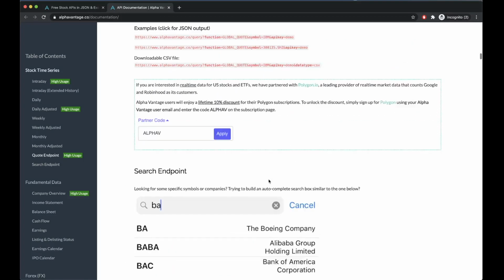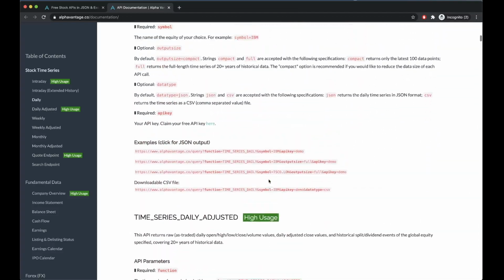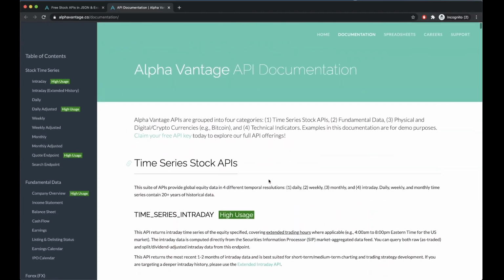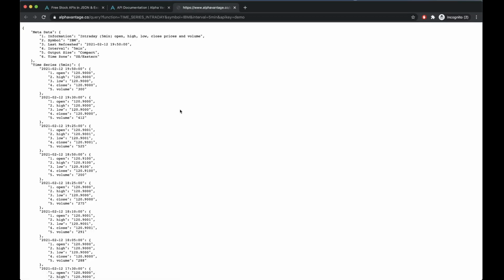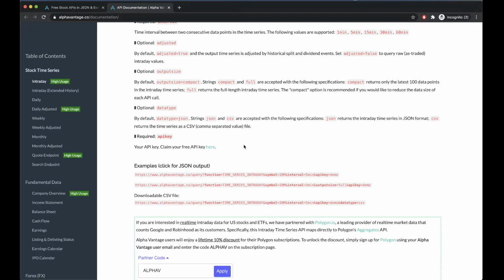Go ahead and check this documentation out. Like I said, they have a really extended, in-depth look into the stock market with their APIs. So if you're interested, you can try out all these other areas. For example, you have this one that actually gives you data every 5 minutes. It gives you the state of the market, so you can use this one as well. Okay, so that's the look into the APIs that we're going to be using. Up next, we're going to start building our project in Xcode.